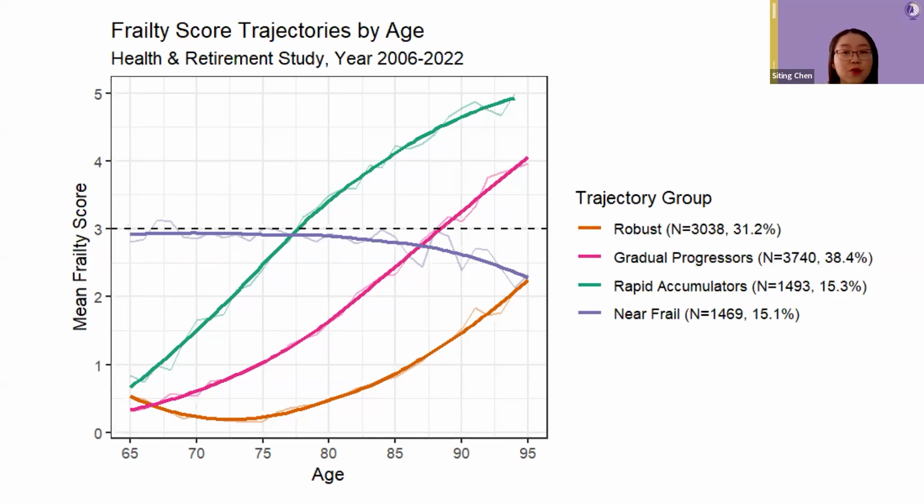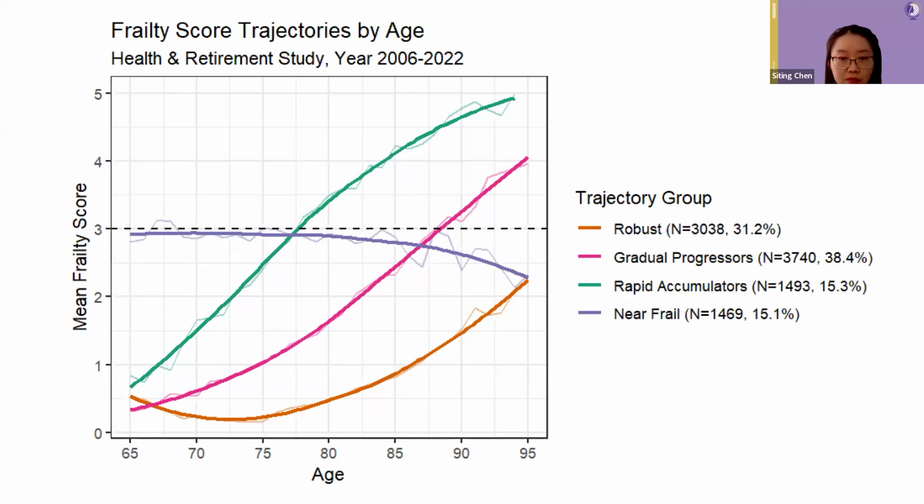This figure shows the 4 identified distinct frailty trajectories from the results of our latent class mixed model. You can see in the middle of the figure, the dashed line at a frailty score of 3 is the threshold for frailty. The 3 groups start with relatively low frailty at age 65, but they follow very different paths. First, if you take a look at the robust group, it starts with the low frailty around age 65 and stays relatively low and stable throughout the early years, and only shows modest increases in frailty into their late 80s